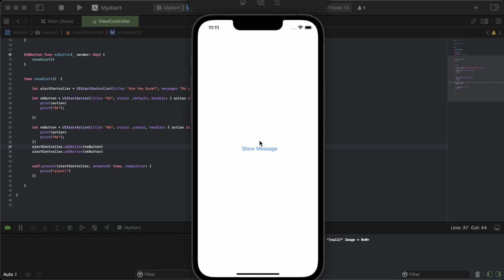So if I tap on this button, yes, we are getting the alert in an iOS style. It says, are you sure? Do you want to log out? Then we have a no and OK. As you can see, the no button has a kind of bold style, but if you are not happy with it, so first of all, suppose we want more styling, like we want this to stand out,